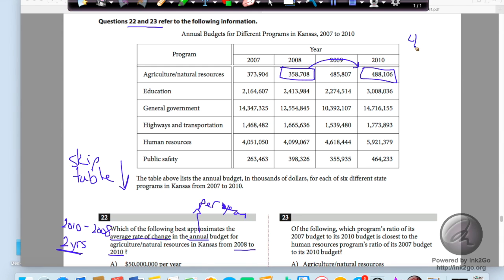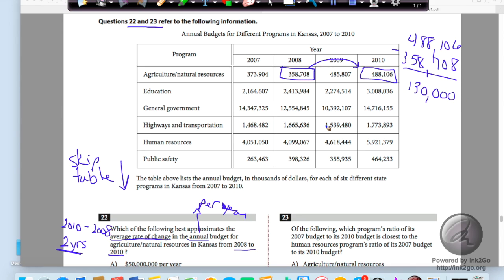So I'm going to take my 488,106, and I'm going to subtract that from my 358,708. I'm going to subtract that in my calculator, and I'm going to get what looks to be, well, notice here, I have 488 minus 358. I'm going to get approximately, let's say,